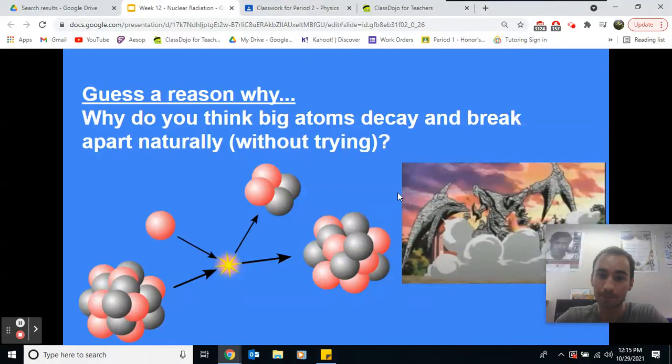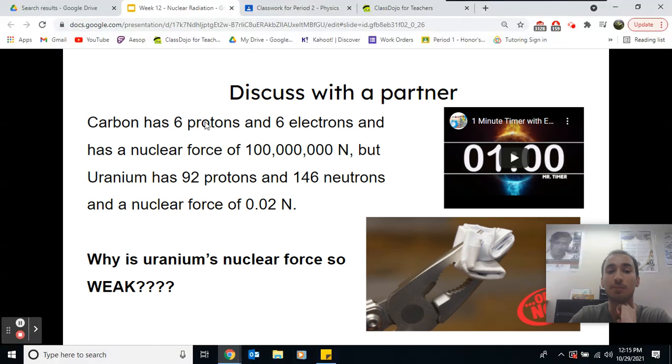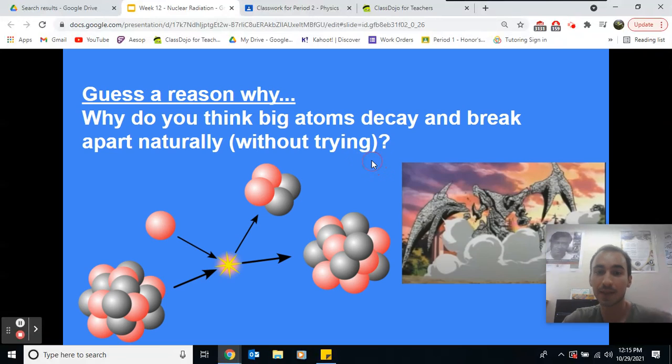Hopefully you noticed that big atoms are unstable. They have so many protons and neutrons that it's really hard to keep them together. They just want to break free because there are so many, it's hard to control. That's why the nuclear force is so weak. They're barely able to hold on, whereas smaller atoms have a really strong force. They're really hard to break open. And the reason is because those big atoms, they're stuffed with protons and neutrons, so the force holding them together is very weak. That's why big atoms break apart, because they want to break apart so they can be more